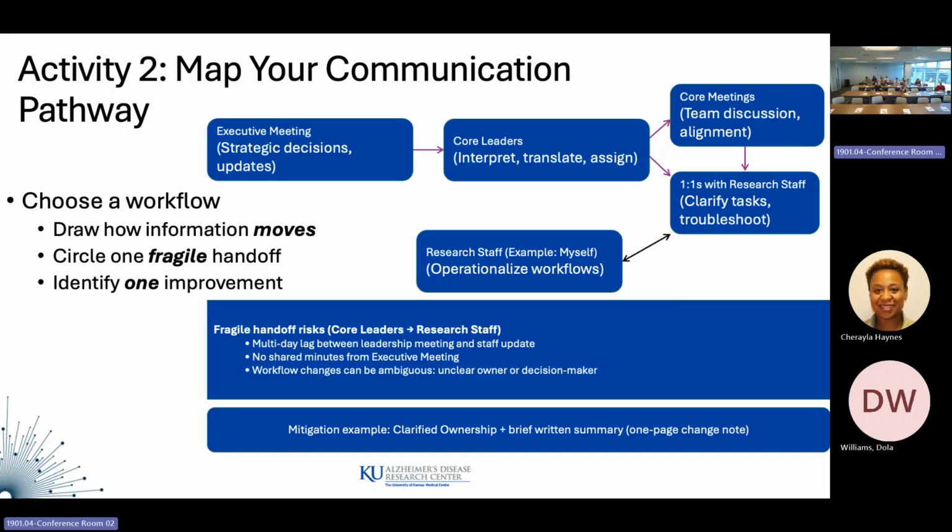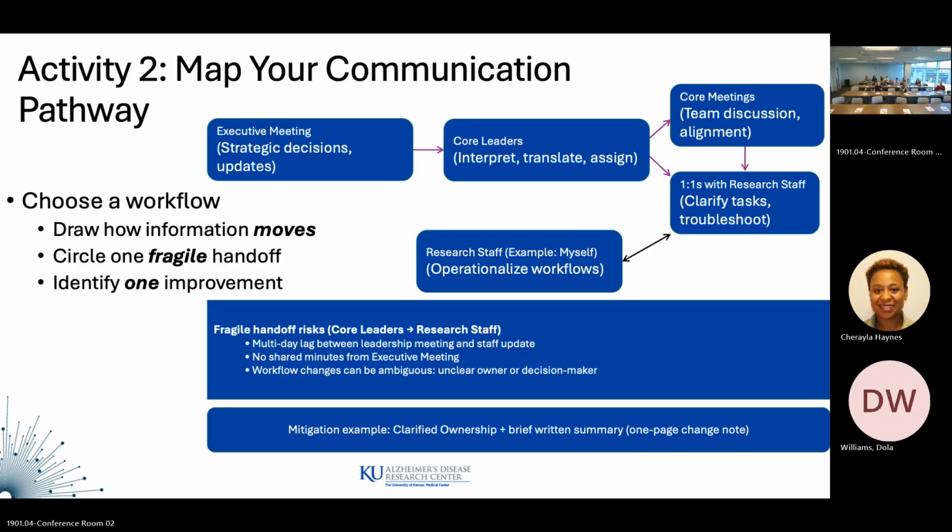So I really encourage you today, I'm sorry we don't have time, to just map out. If you haven't done this before, you'll kind of be shocked just how complicated it is. There's so many people, there's already about 10 people in the executive meeting. And then there's the core leader, and then our core meetings have 10 to 12 people. Then the one-on-one. At each of those points, communication can be degraded, and it's important to have these communication tools to assist you.